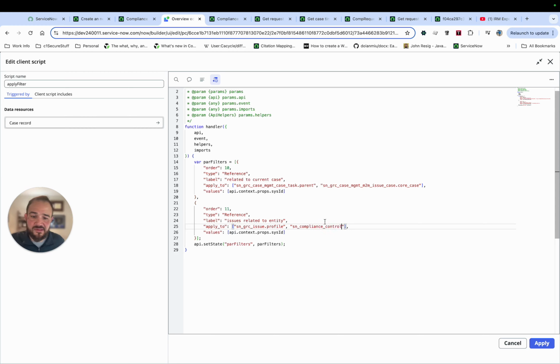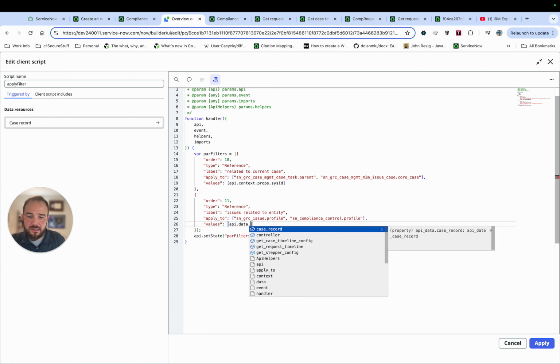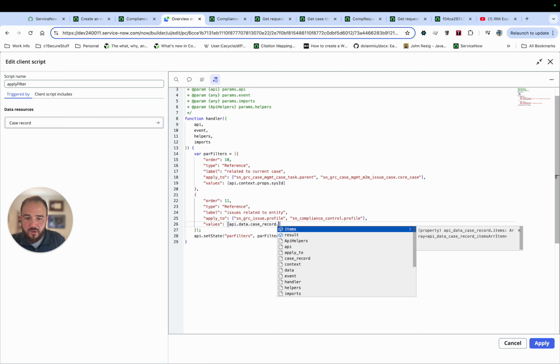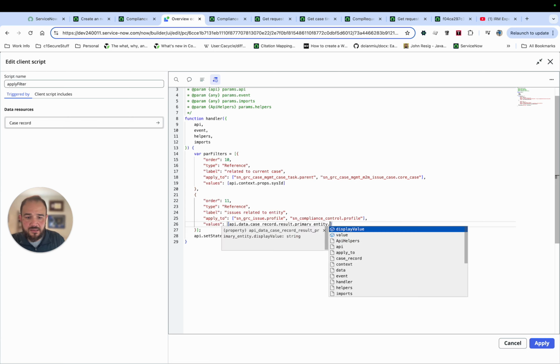So I know I'll be able to use that table later, and then that one is also going to do profile. And then here, we're actually not going to use this context. We are going to do API.data. And then we're going to go case record, and we're going to go dot results, I believe it was. Yep. And then primary entity dot